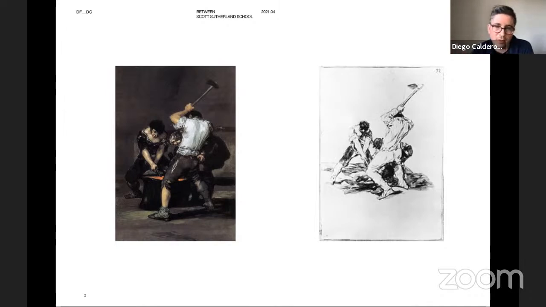Whereas on the one on the left, someone has asked them to create an object for some sort of functional use. On the second one, they're doing the opposite, and they're modifying the landscape or the context around them, again through something requiring an incredible amount of force and effort.